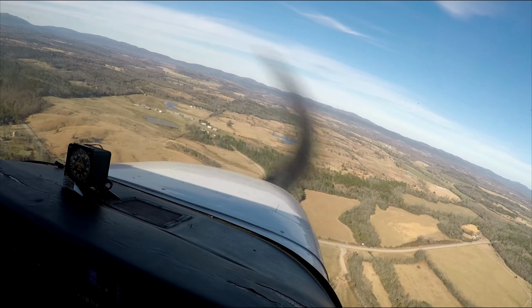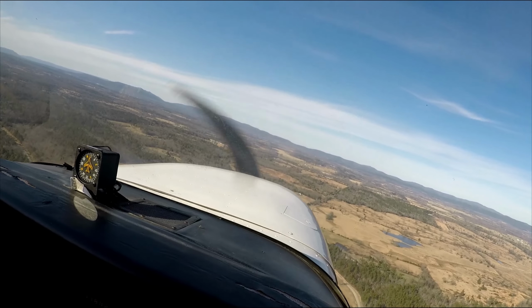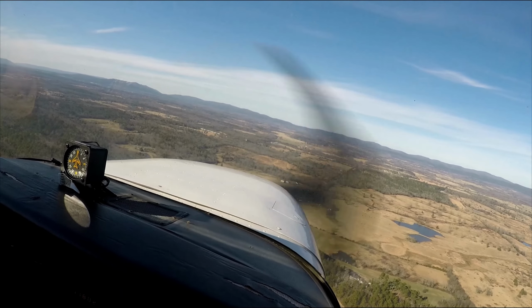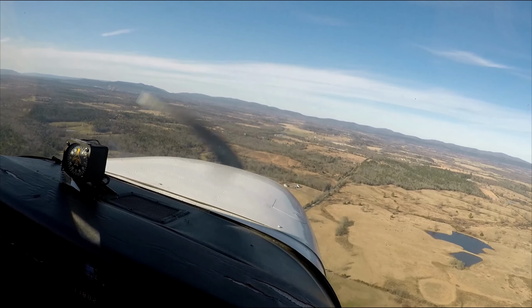All right, here we are going to start leveling. Start leveling at plus 100. Go ahead, put some power back in. You're still going to be about 1900 RPM, and I got a creek right here. It goes back around that way. So,